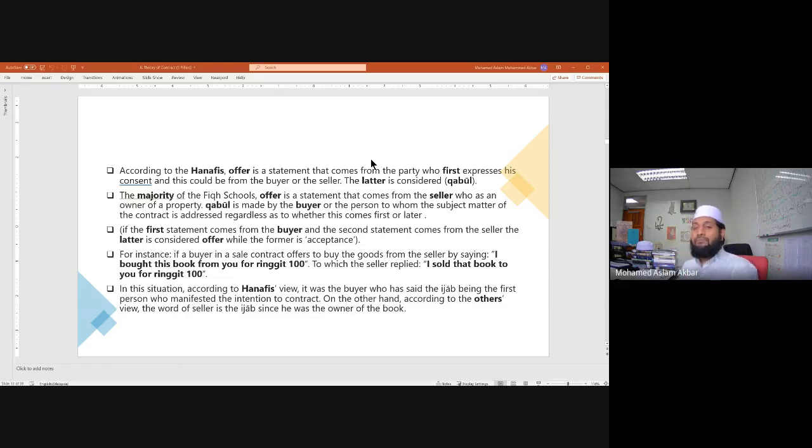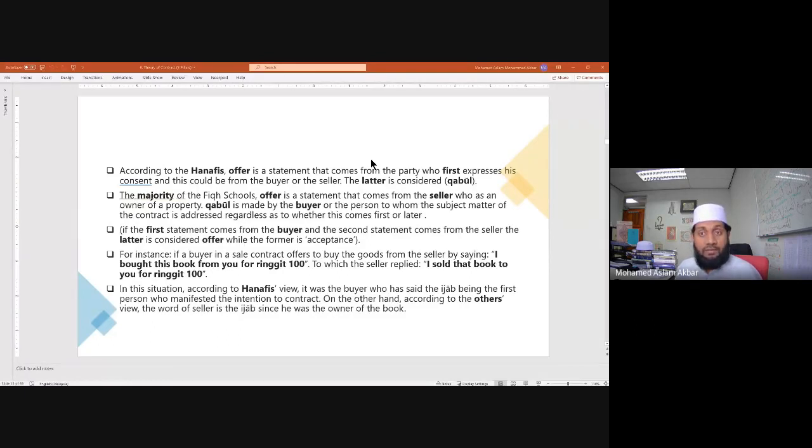For example, I have this phone and suddenly you come and ask, is your phone for sale? Is your house for sale? Is your property, your car for sale? For example, you are the seller, I am the buyer. Again, I made a mistake. I am the seller, you are the buyer, right? Like we discussed earlier. But this time what you are doing, you are the buyer, but you come and say,